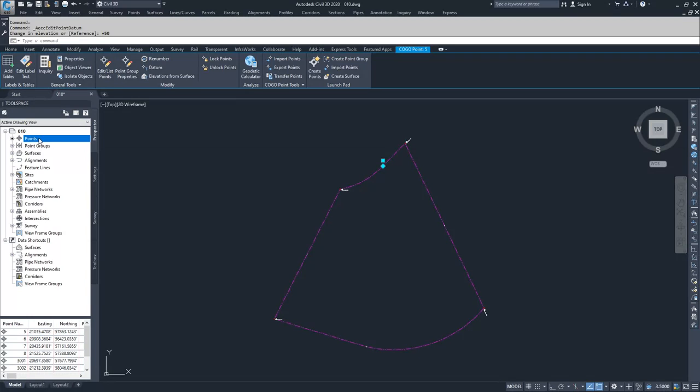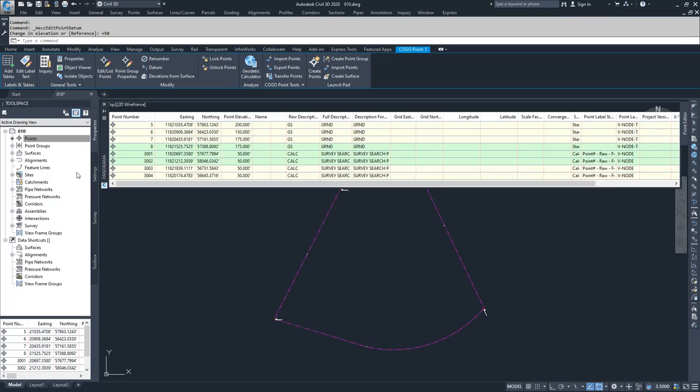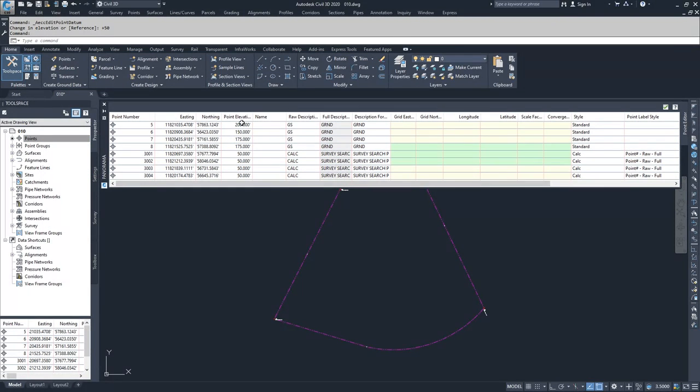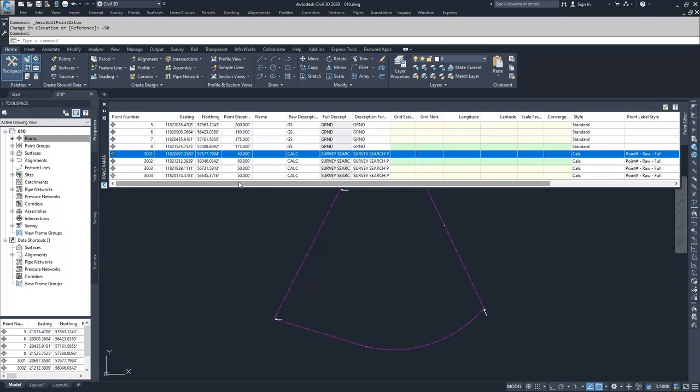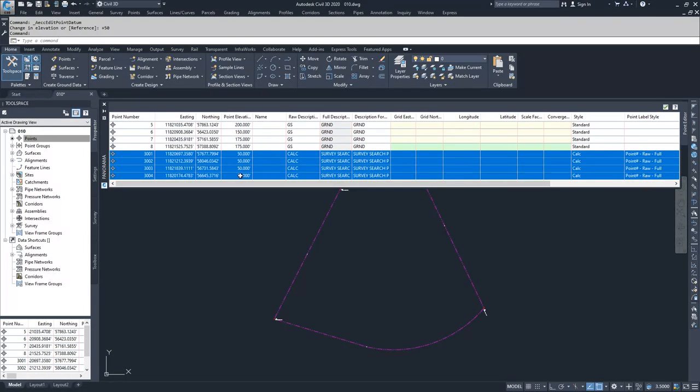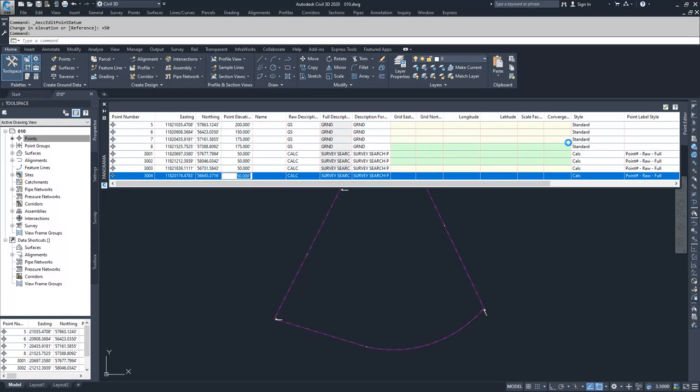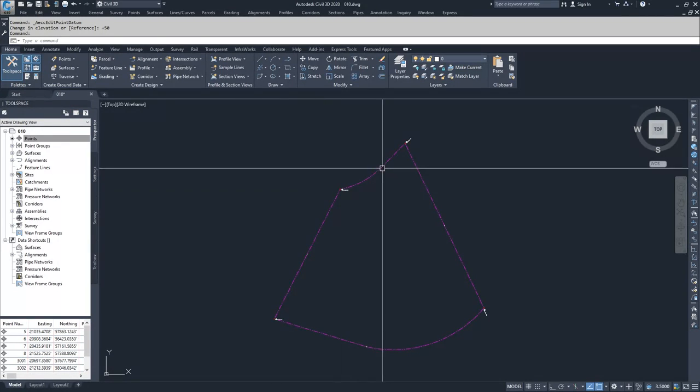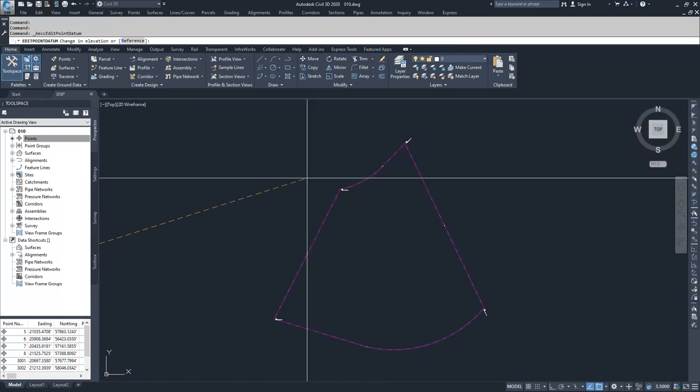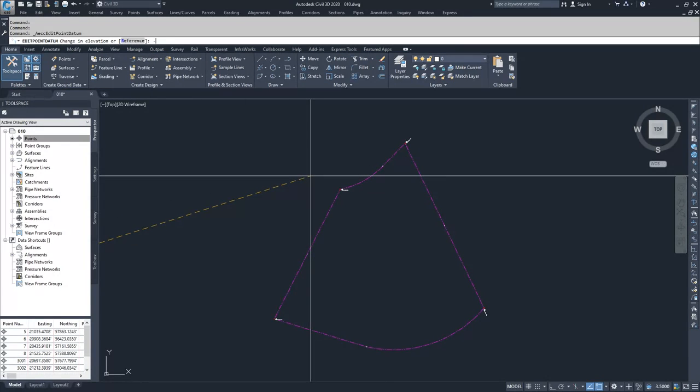And so if I go to my points now and I choose edit, I will see that all of my elevation points have risen by 50 feet. Even my calc points have risen by 50 feet. Now, that may or may not be an acceptable solution for you. So if you don't like the fact that your calc points got raised by 50 feet, you could select them and change them all to 0. Or you can select your points again, choose datum, and choose minus 50.